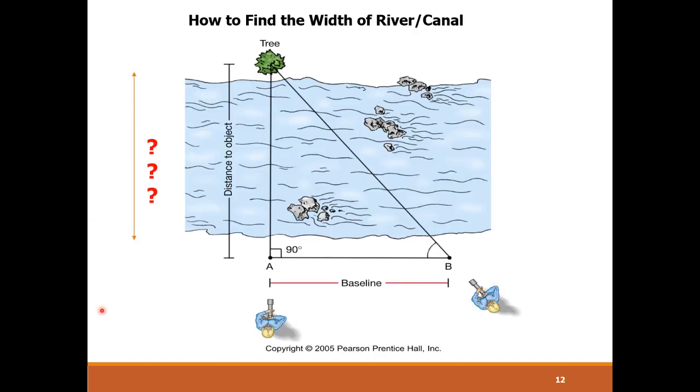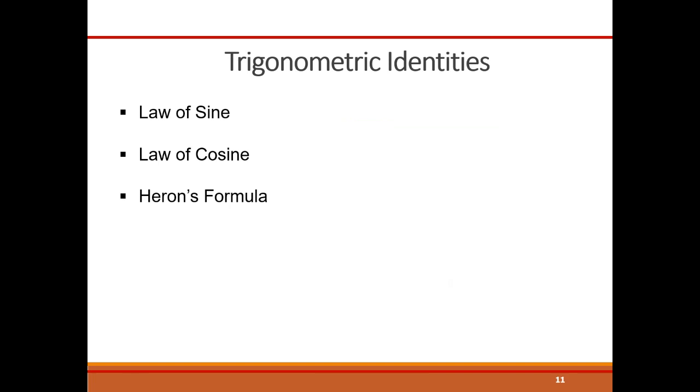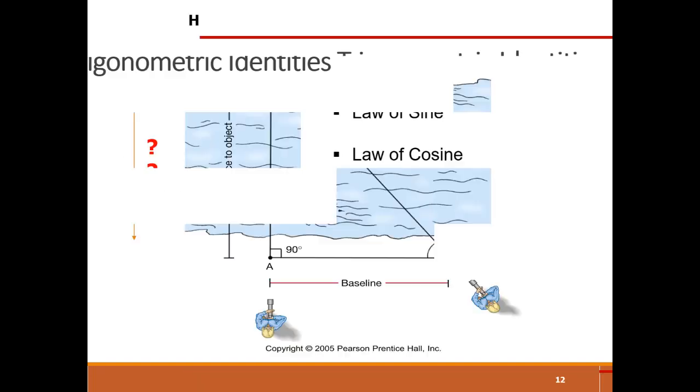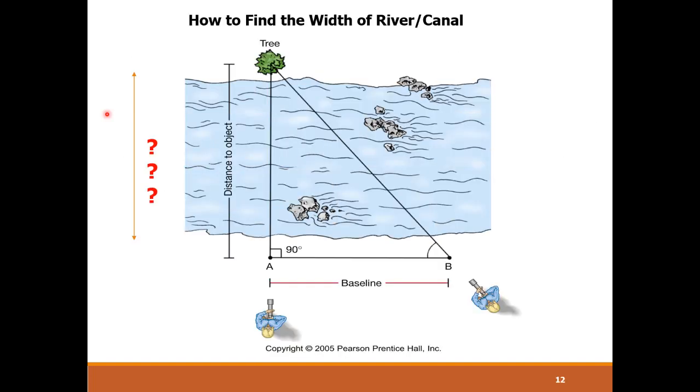Trigonometric identities: law of sine, law of cosine, and Heron's formula. Please remind yourself of all three trigonometric laws. If it is feasible, you must not only remember these formulas, but should also solve some examples related to all three laws so that the concept is clear.